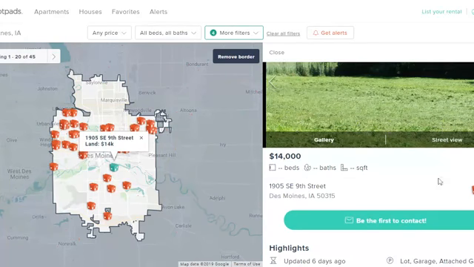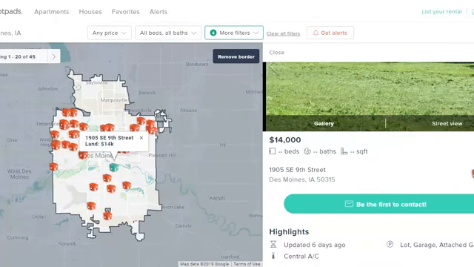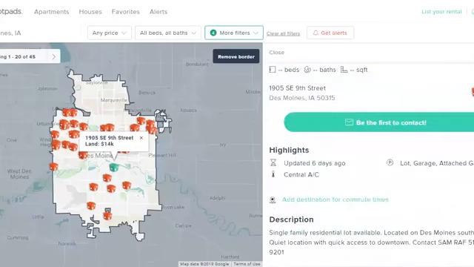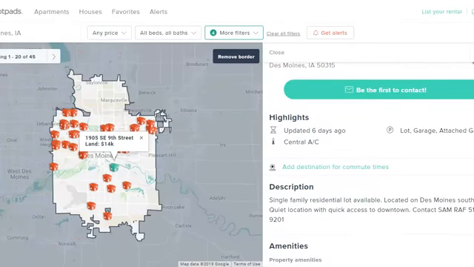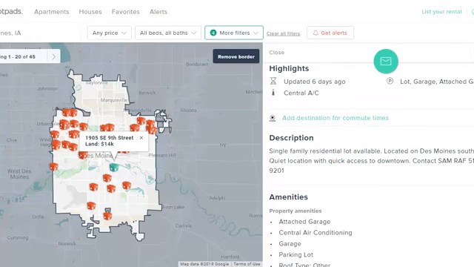I'll go down. It doesn't have any beds or baths. Tia already got the address written down, and I already showed you how to go through there. Again, it says single family residential lot, so they're already telling you that it's zoned for residential. And they're telling you that it's located on the Des Moines South Side. Des Moines, I think I said it right. And here's the contact information for you, Tia. It says contact Sam Raff at